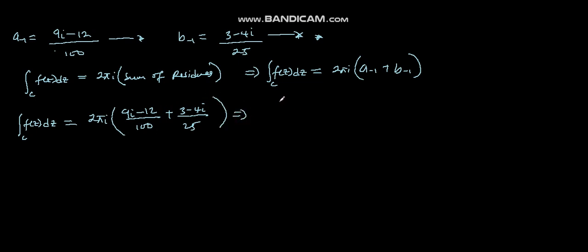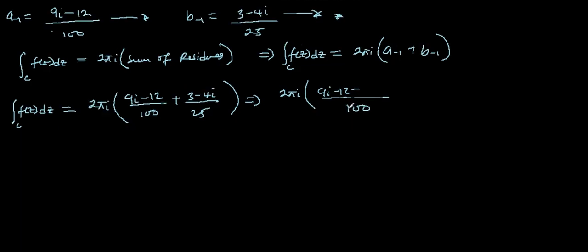So that means we're going to have 2 pi i into, the LCM here is 100, and we have 9i minus 12, then 25 will go into 100, we have 4 times rather, then 4 times 3 we are going to have 12, then this minus 4 times 4 we are going to have 16i, and this is going to be equal to 2 pi i into minus 9 minus 9i, remember this is plus here, this plus here,